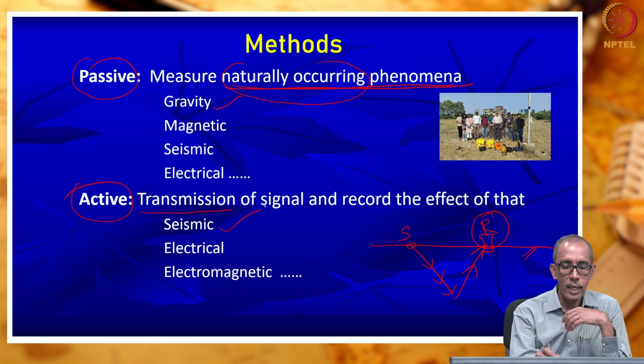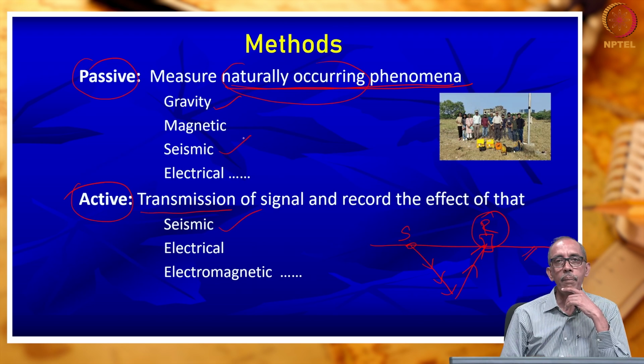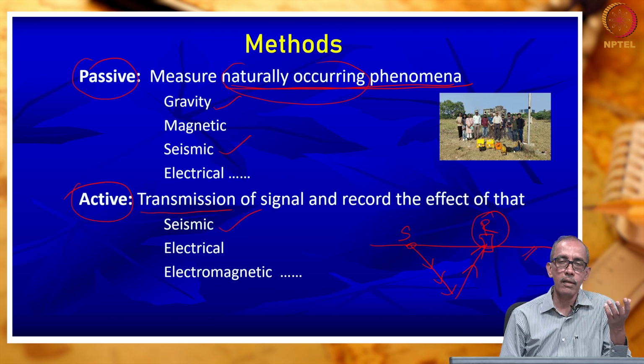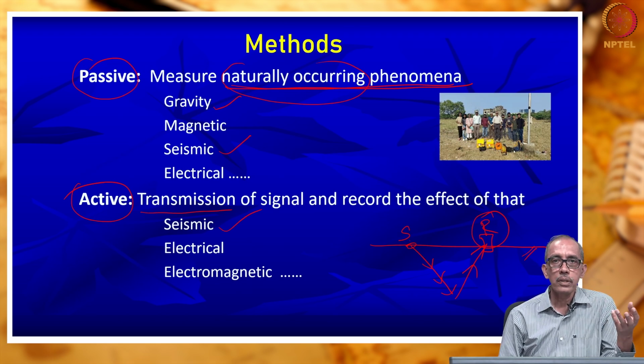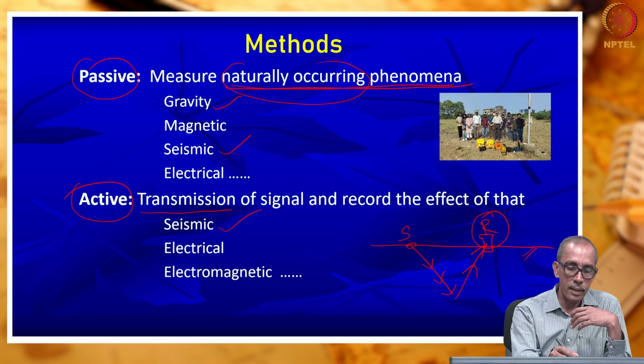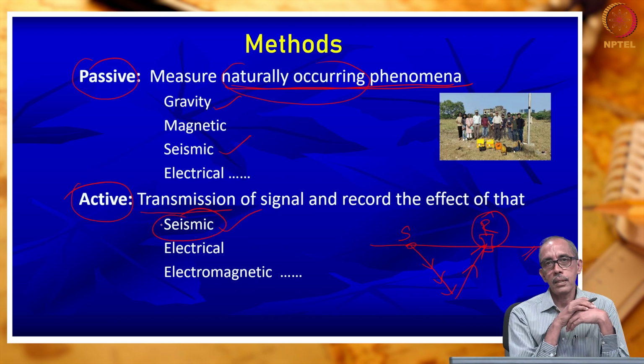A good example of an active method is seismic. But you may wonder, the seismic method is also there as a passive method. So, what is passive geophysics? In passive geophysics, we make use of naturally occurring phenomena. Shock waves are also generated during earthquakes, right? If you make use of the shock waves that got generated naturally during earthquakes, then it becomes a passive seismic method. If you generate shock waves and make use of that, then it becomes an active seismic method. Hope you can understand the difference between active and passive.